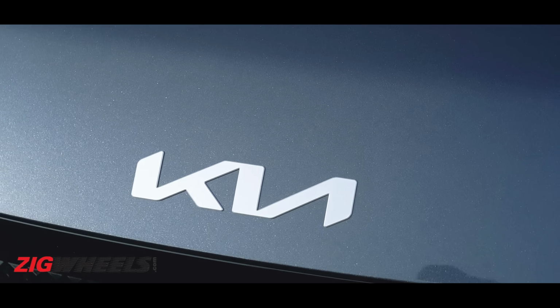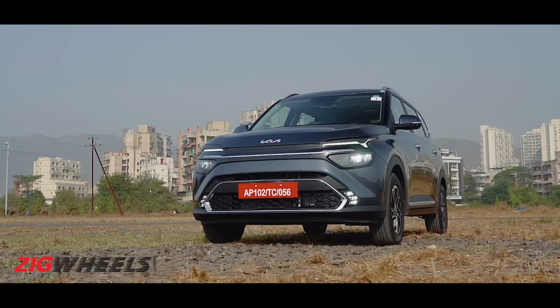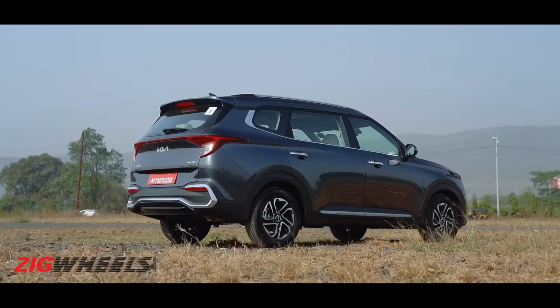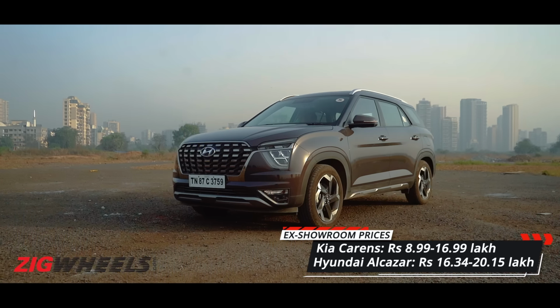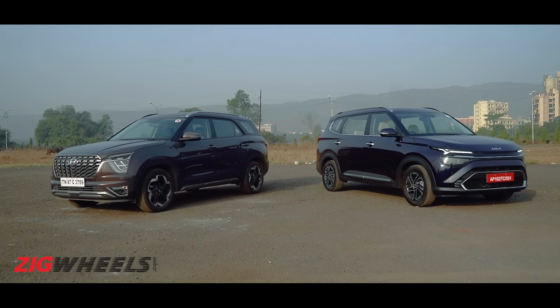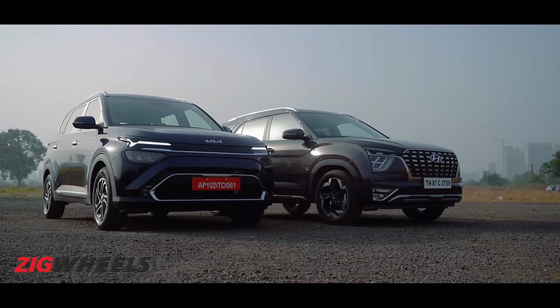The Kia Carens has entered the Indian market with a bang, with introductory prices which are not only impressive but shockingly good. In fact, it undercuts the car it is based on, the Hyundai Alcazar, by a massive margin. So, we were able to find not 5, not 8, but 10 things that the Carens does differently as compared